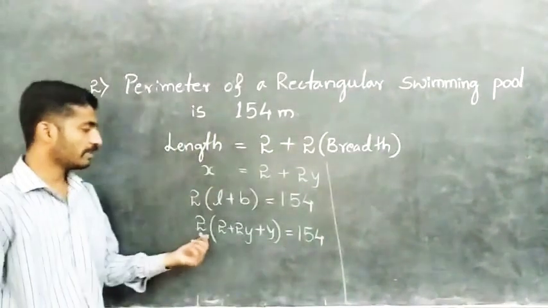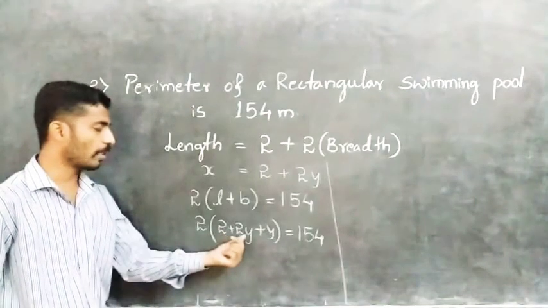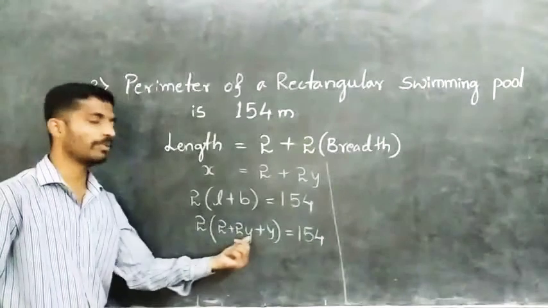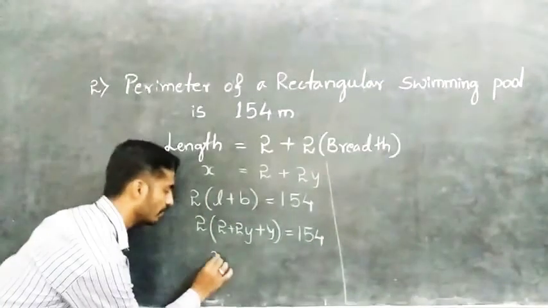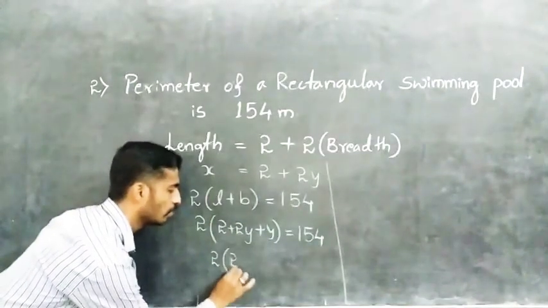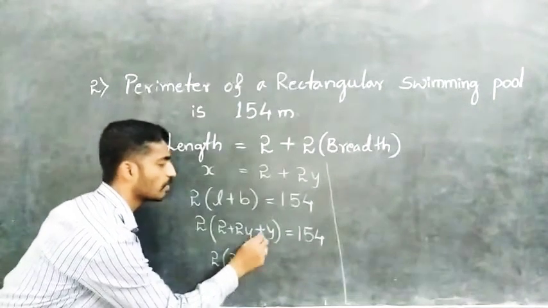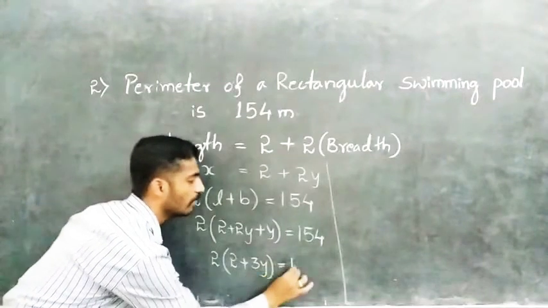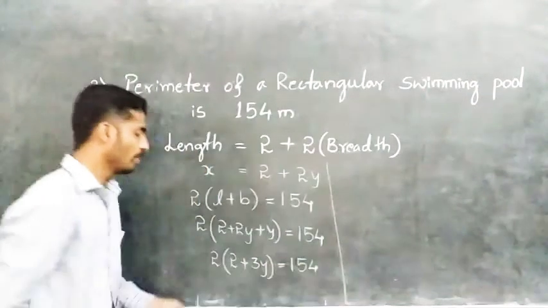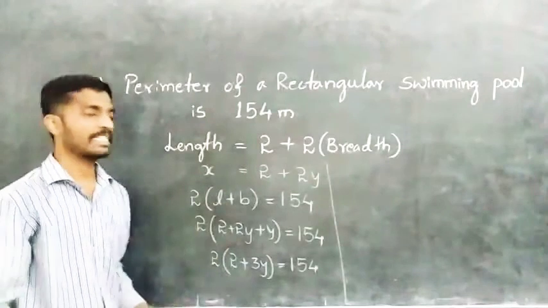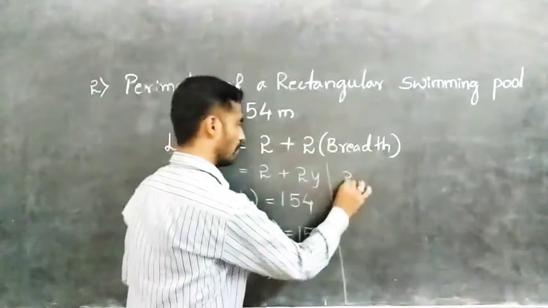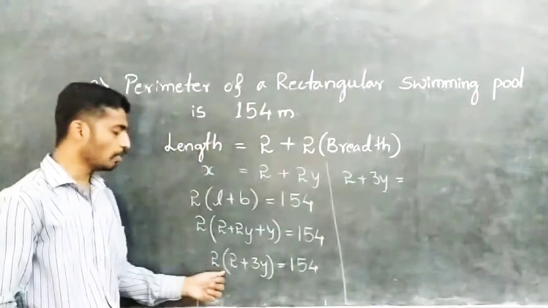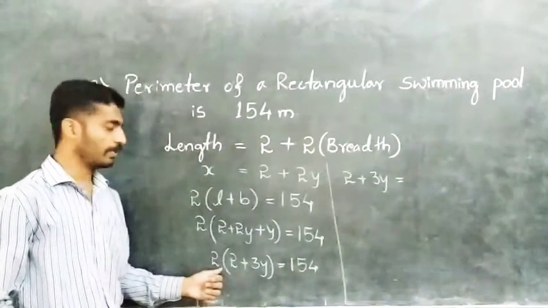Okay. So here, 2 plus 2y, we can't add. But here 2y plus y will be 3y. So here we get 2(2 plus y plus y), which is 3y, equal to 154. So take this 2 to the right side. It becomes 2 plus 3y equal to, see here, the bracket means 2 into. So here we will get